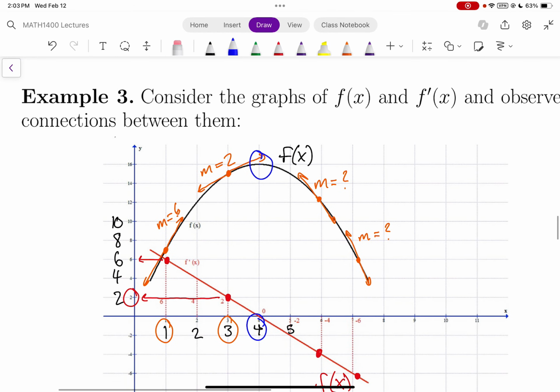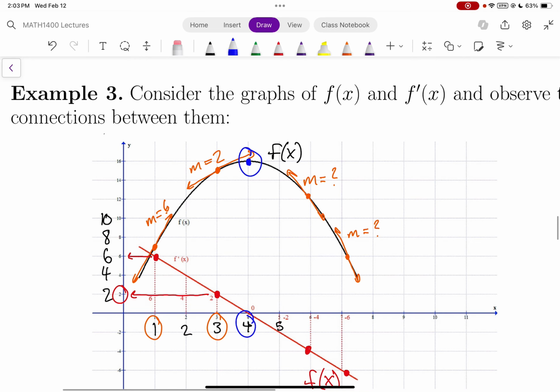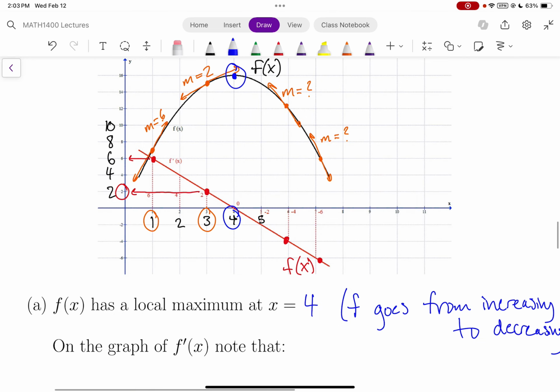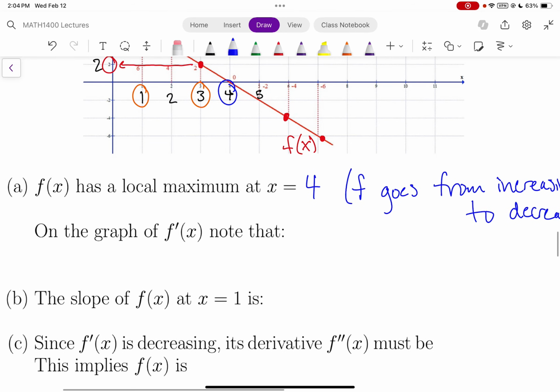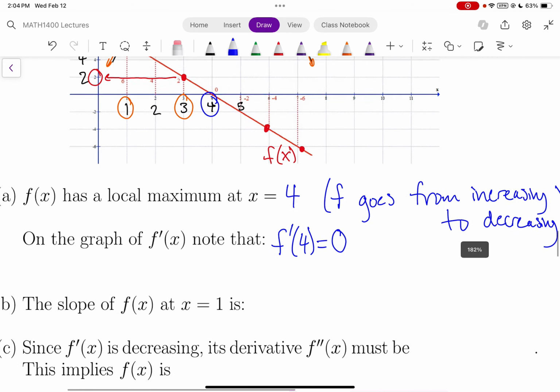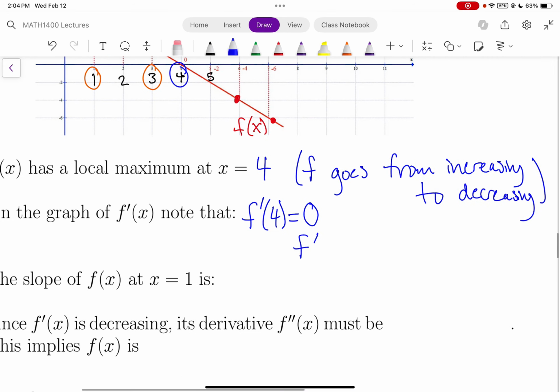So if we look at this point, everywhere to the left of this blue point, the black function is increasing. Anywhere to the right of it, it's decreasing. And that's what makes it a local maximum. Then on the graph of f prime of x, the derivative, we're going to note that f prime of 4 is equal to 0. Basically what that means is that f prime, I'm going to write f prime of x, this is f of x, goes from